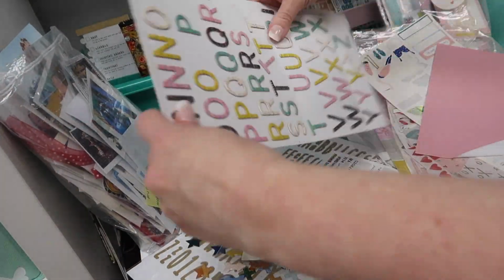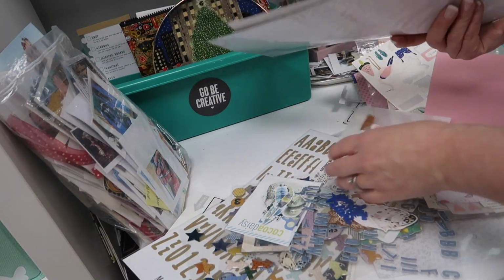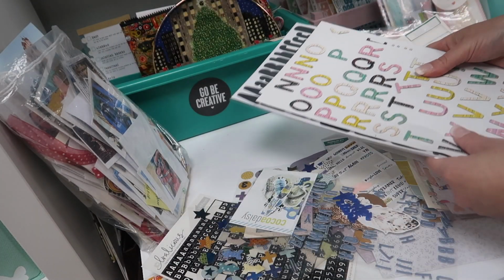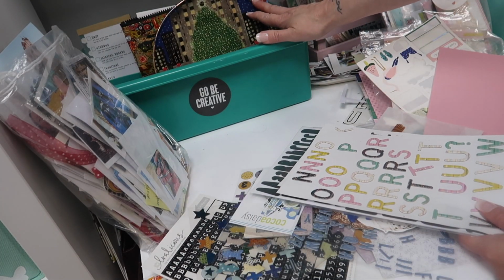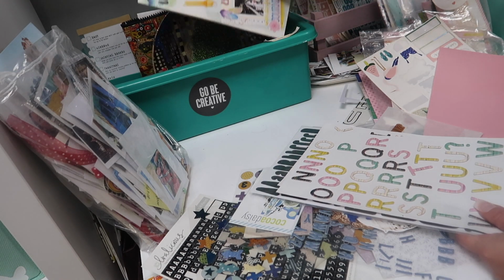So I've got all these alphabet stickers. I'm going to put them in the tray behind because I'm always in need of alphabet stickers when I'm creating. I've moved the plate here for now. I am going to need to buy. Was so worried I'm going to chip it. Oh, I've just found some